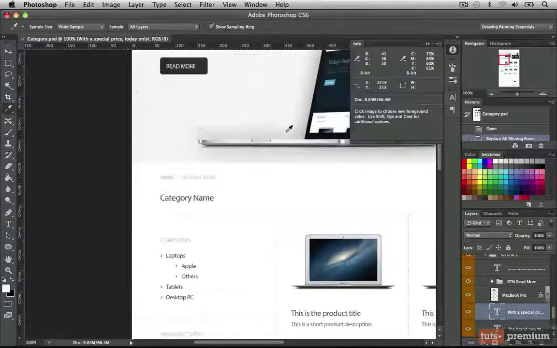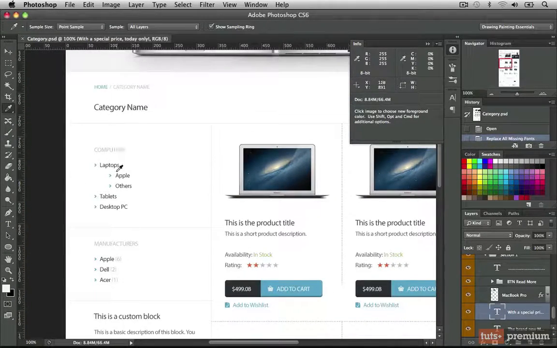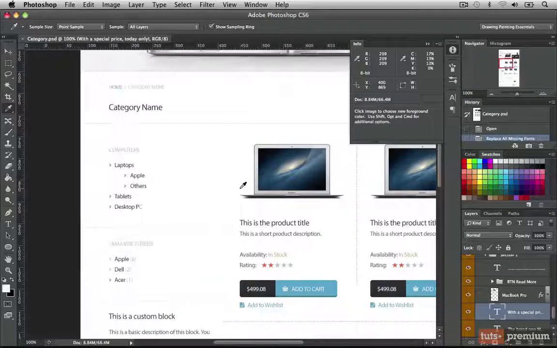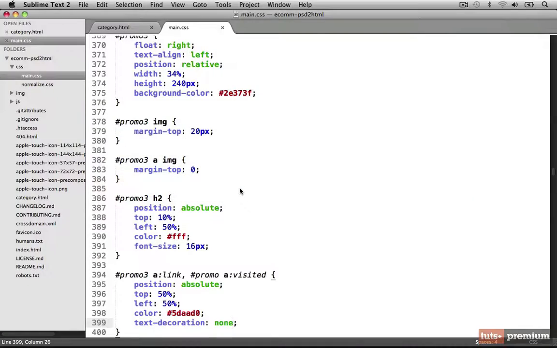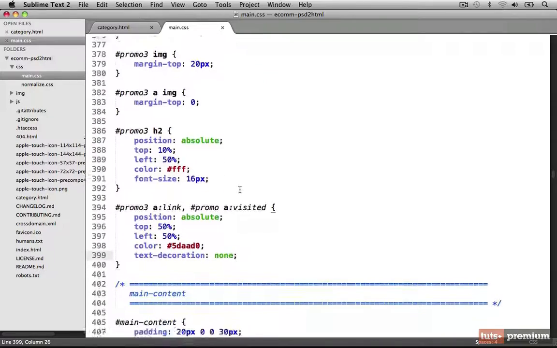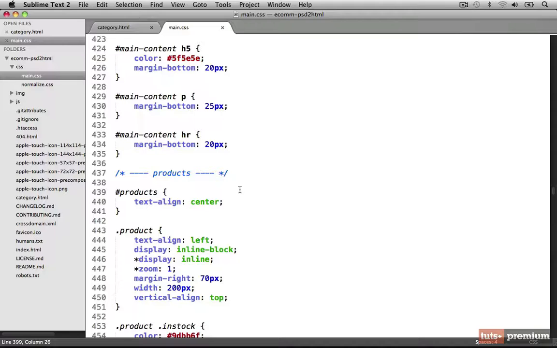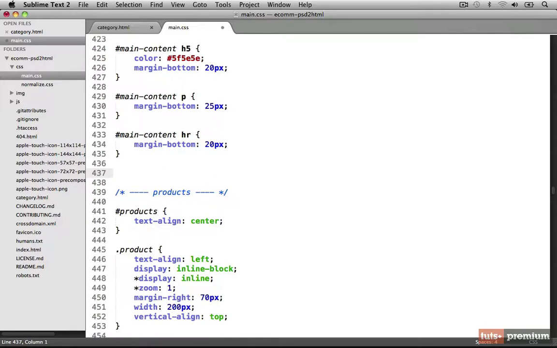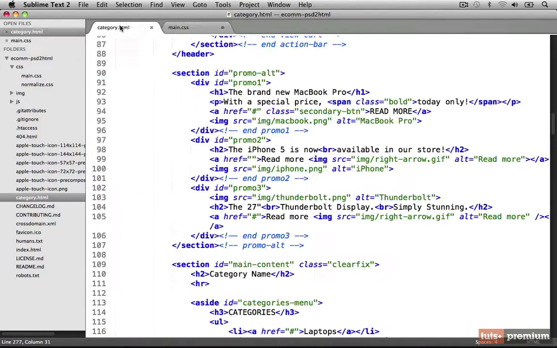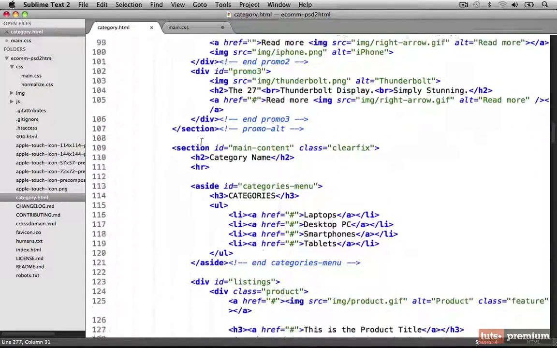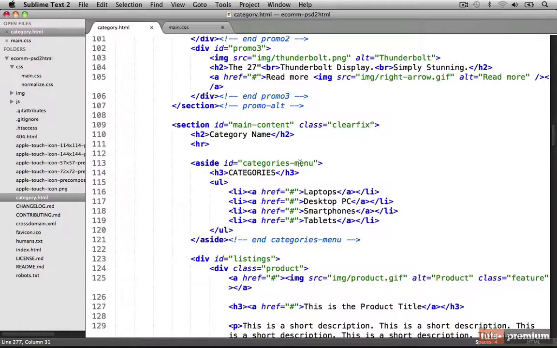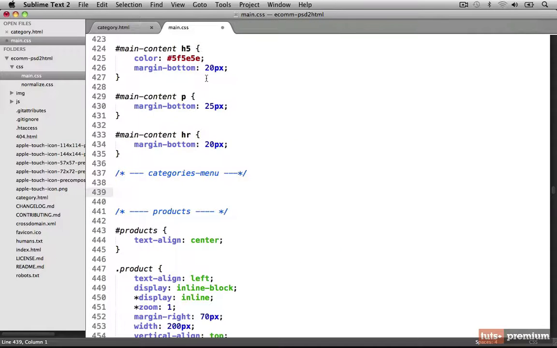So if we scroll over here, we need to have our category menu float to the left of our products. Let's go back into our text editor, and let's scroll down a bit here past our main content section. And right before our products, let's create a small comment here for the categories menu. And now we can target our menu using our ID. So if you remember, we have this aside tag with the ID of categories-menu. So we can target